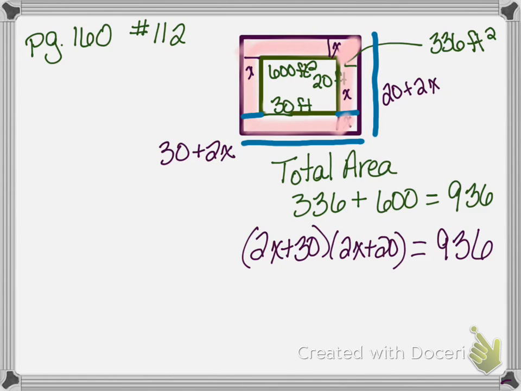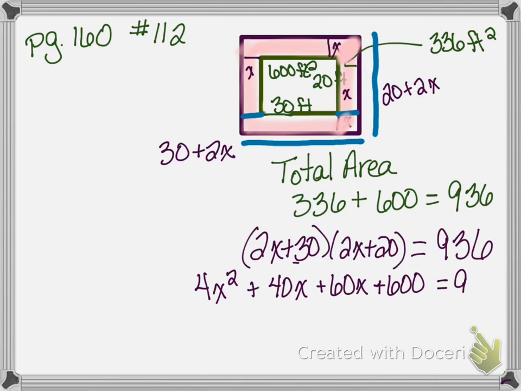So I've got 2X times 2X, that's going to be 4X squared. 2X times 20 is going to be 40X. And then I've got 30 times 2X, and that's going to be 60X. And then 30 times 20 is going to be 600. And that equals 936. Now, I've got some like terms I can combine. So I have 4x squared plus 100x